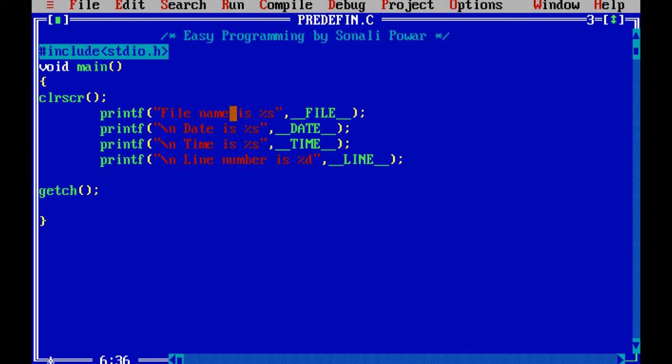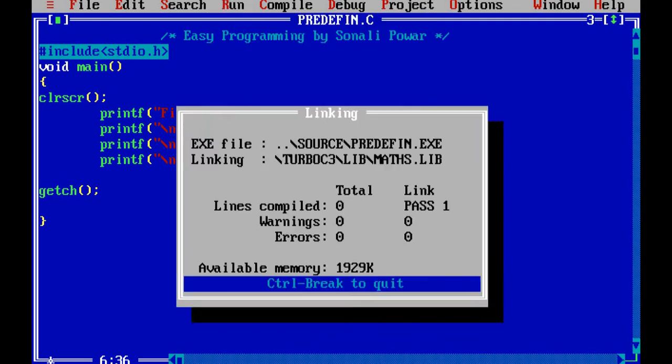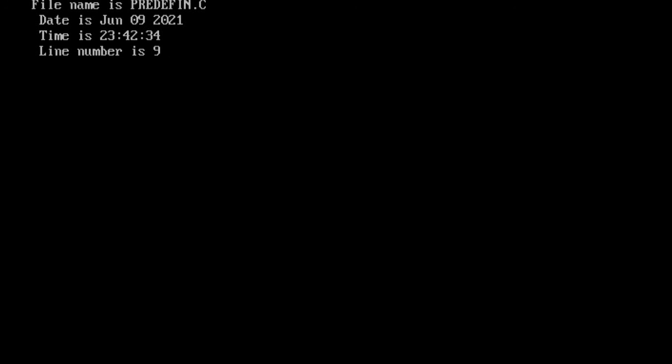The file name will be a string, so I will use %s. After that, for the date also I have used %s, time also %s, and for the line number I am using %d. So I will just compile the program, no errors, and I will just execute the program. You are able to see this is the output of my program.